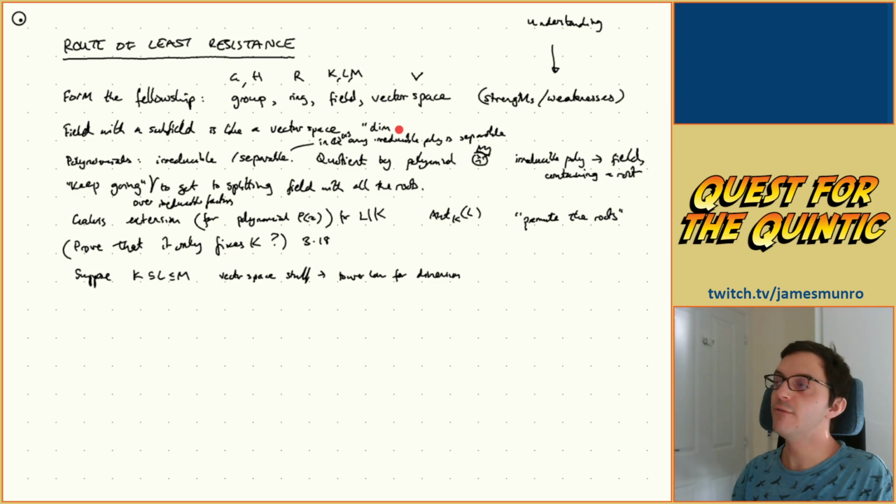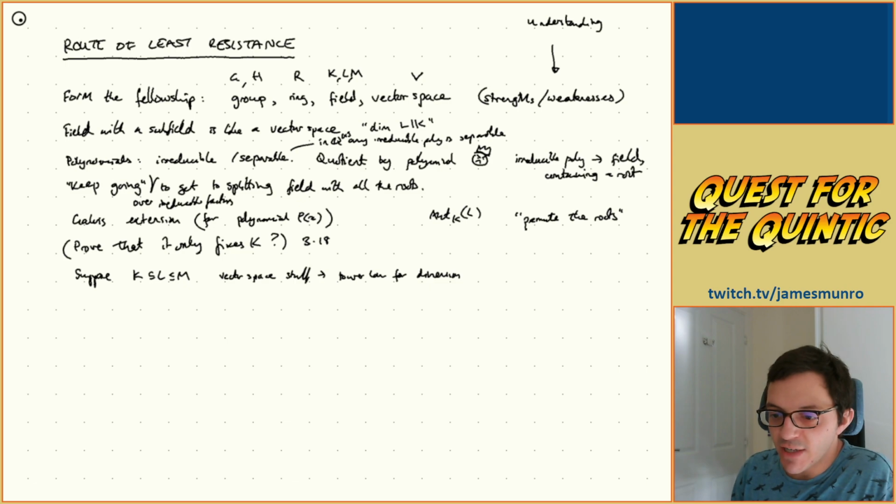to get the tower law for the dimensions of those vector spaces. Dimension of... yes, and now this is where you talk about L over K. You had a field for your coefficients, and now you've got a big field, your field augmented with the roots. And so now you're thinking about that as a vector space because of the thing we said up here before. So you get the tower law up here,